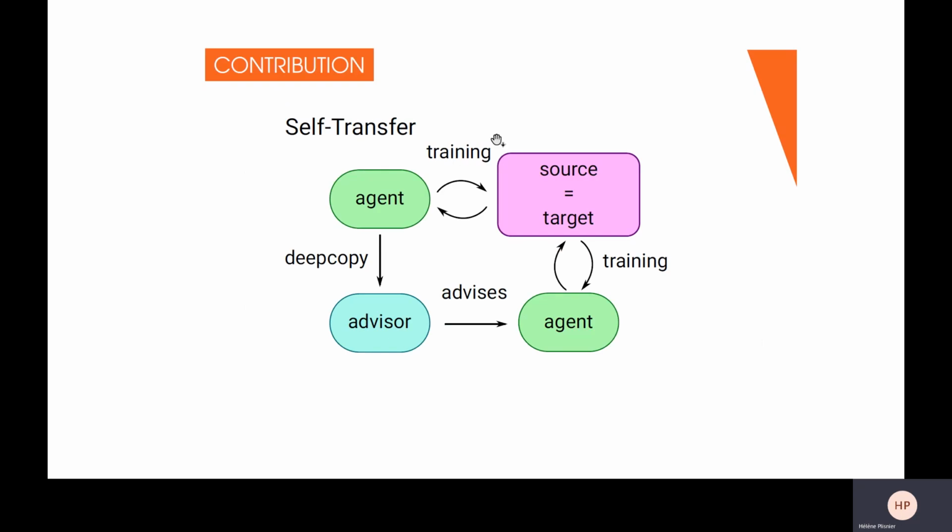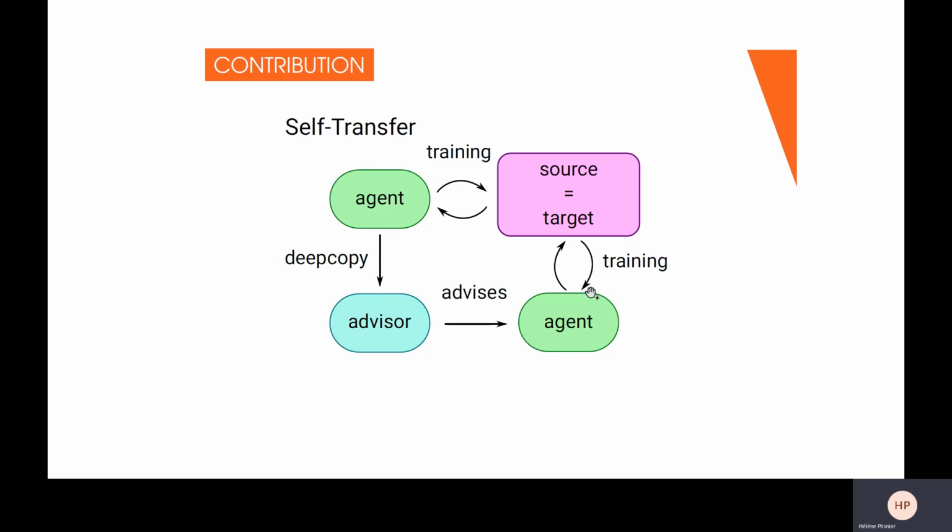So now our scheme is a little different because instead of having a source and a target task, which are two different tasks, the source and the target are actually the same task. And what we do is that we train our advisor for a very short while, and then we save it. And this agent, the advisee, will train for as long as it takes to get a good policy. And so we have this frozen advisor that hasn't been trained for very long, advising the advisee on the